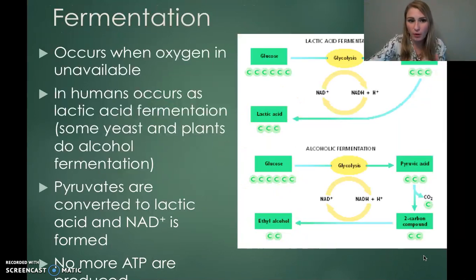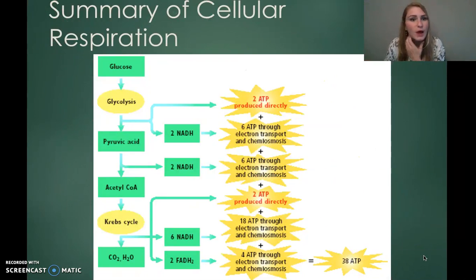So the summary of the whole thing, we start out with glucose, glycolysis, we break it off into pyruvic acid or pyruvate. And then we end up making a few byproducts like NADH and FADH2, and that is going to then drive ATP production at the end. This is an excellent tally for how many ATP are made where, which ends up totaling in 38 ATP total. Now, we are not as effective as we